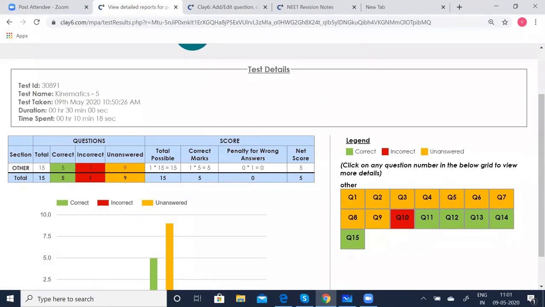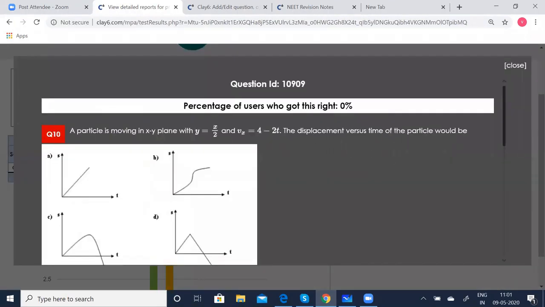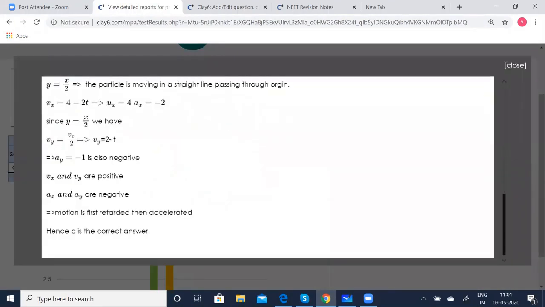So this says incorrect. I can as well click that and go to the explanation part. Now see, the explanation part is given here. It is given as C is the correct answer. I marked C. I think some error was there because we had to come again. So as well, you can verify your answers using the explanation part also here. Okay. So with this, we come to the end.